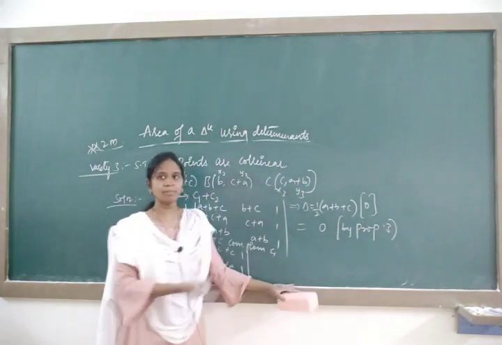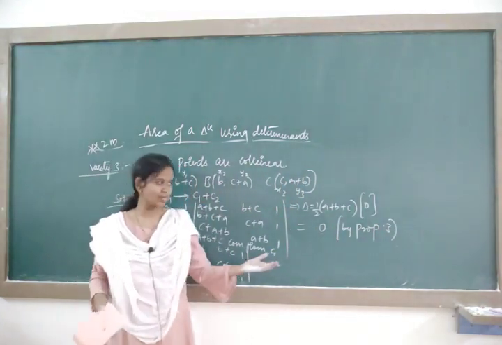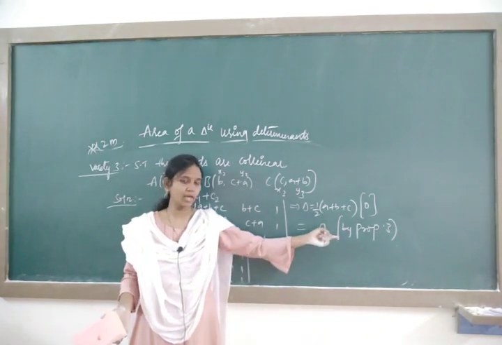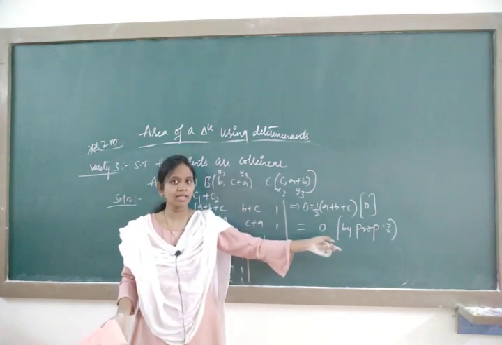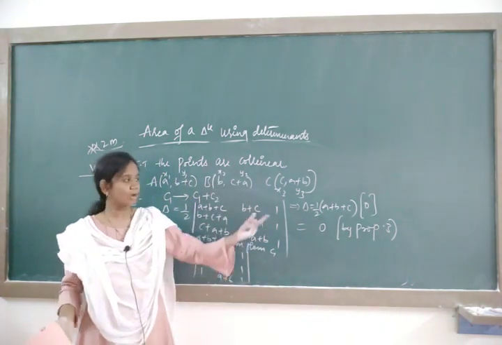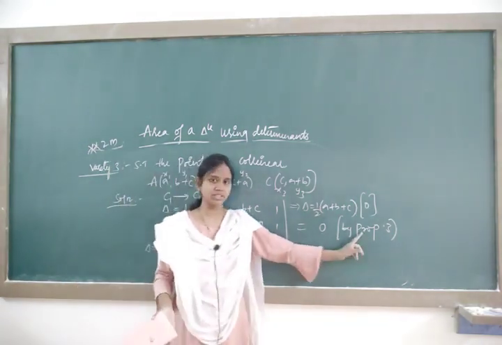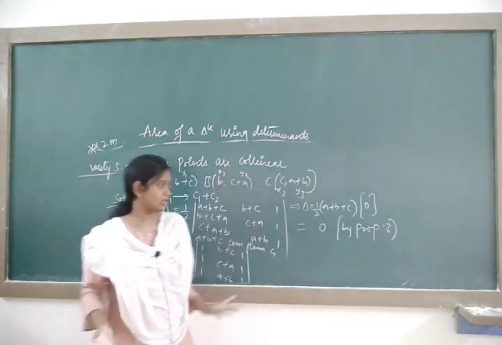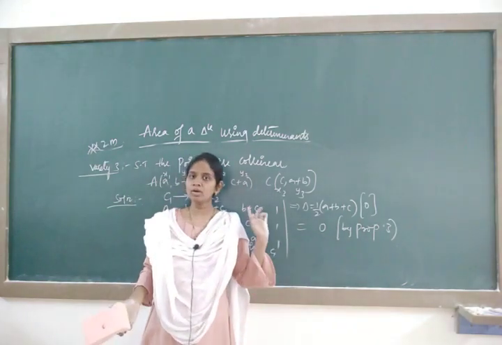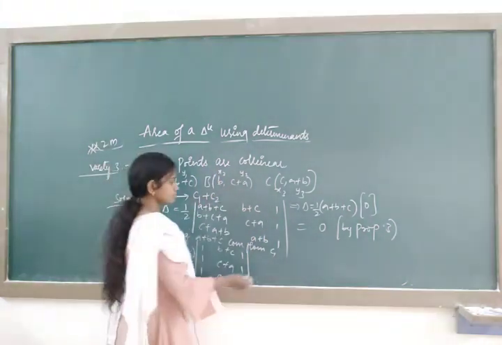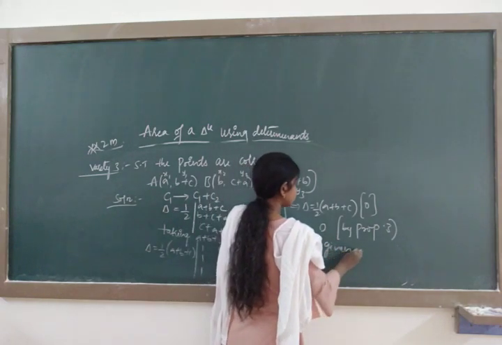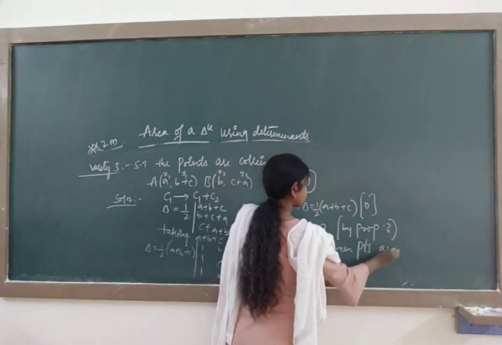So I will mention here by property 3, but in the textbook that property may be 1 also. But I had taken it as property 3, so I have written property 3 there. Don't write that in the examination; you have to write this statement there. Why the determinant value is 0, you have to mention the reason, don't forget. So when you got the delta value as 0, then the points are collinear. Therefore, the given points are collinear.